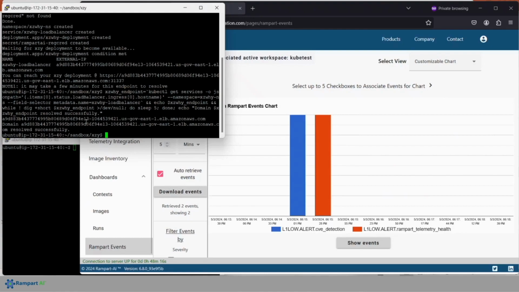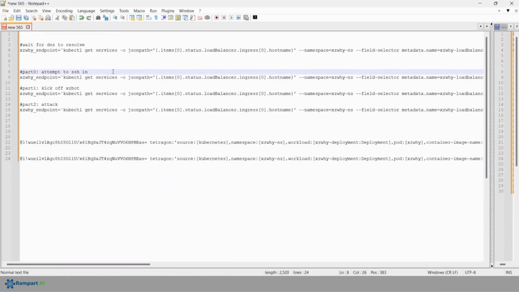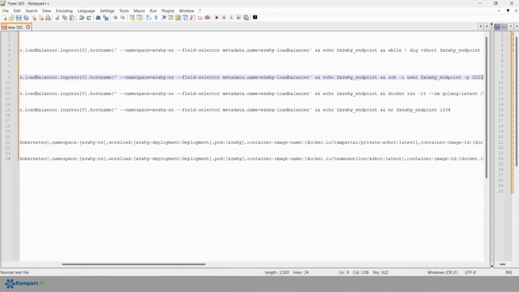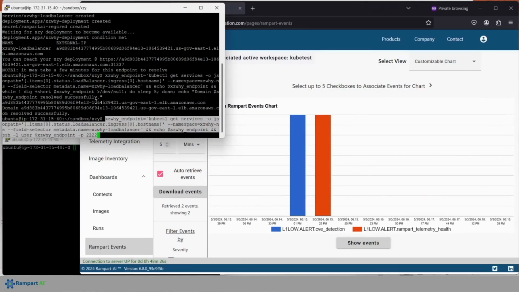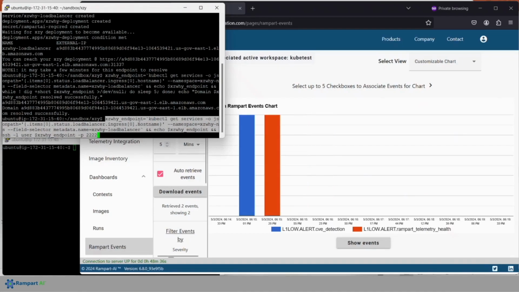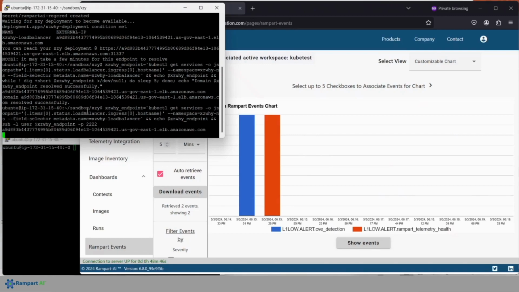So the domain name of our load balancer is now mapping to an actual IP address. Next thing I'm going to do is show you what a vanilla SSH into this environment looks like, and this shouldn't really do anything because it's benign. So what I'm doing is setting this XZY endpoint variable using some kubectl stuff to look up what that load balancer's address is, because it's kind of hard to keep in mind. It's a very long random string. So I'm going to fire this thing off,